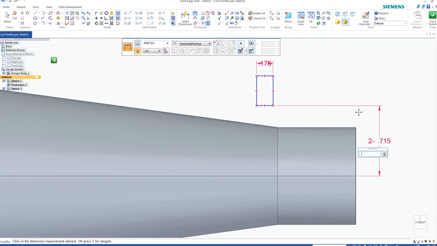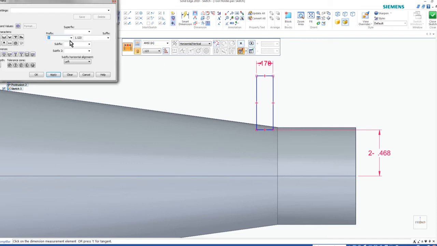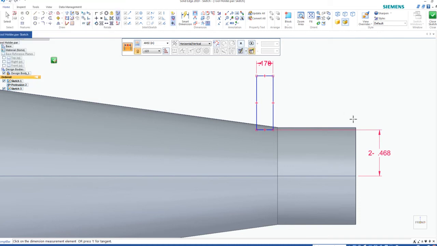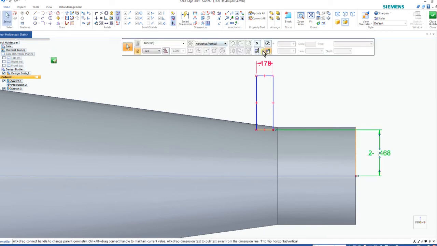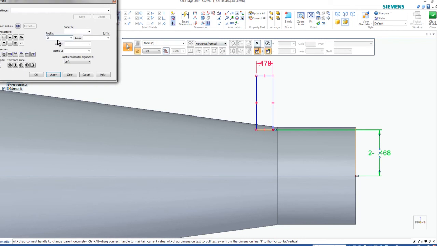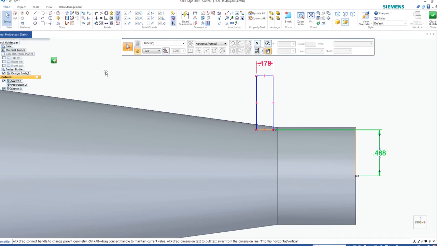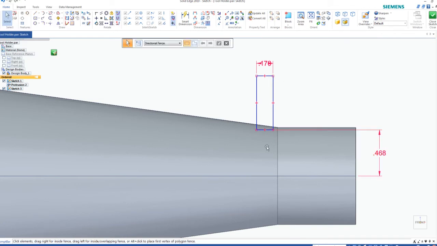So I'm just going to type in 0.937, and I'm going to divide that by 2, and it'll give me that. And as always, let's get rid of the preface, apply, click OK, and again, apply, click OK. Okay, so now it tells me exactly how deep it's supposed to go, but it's not in